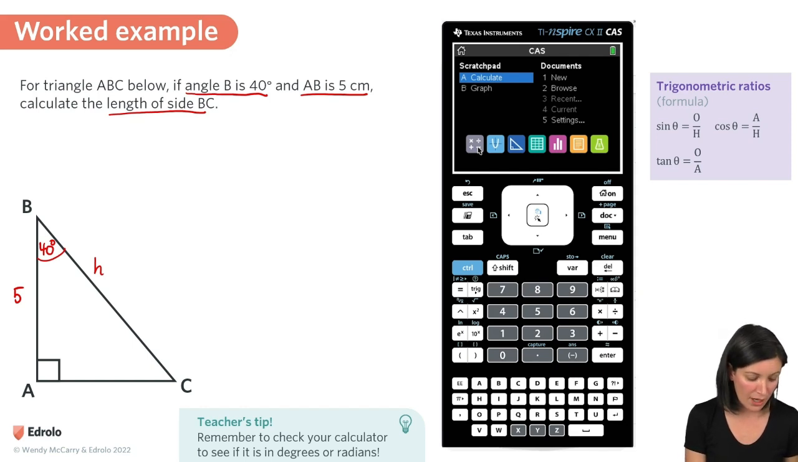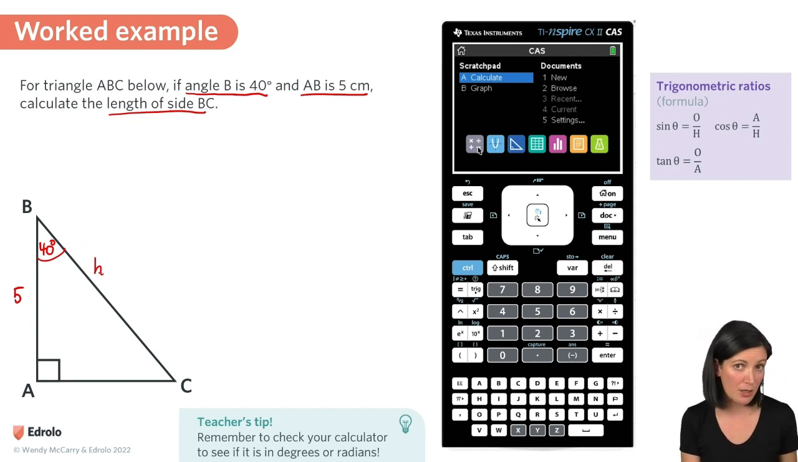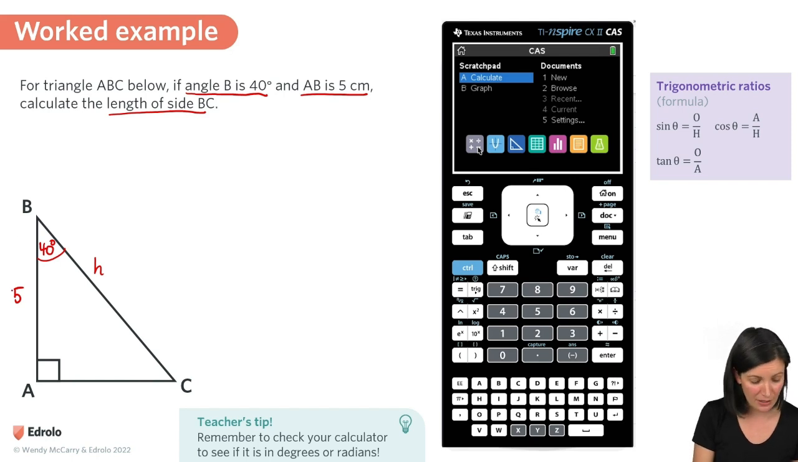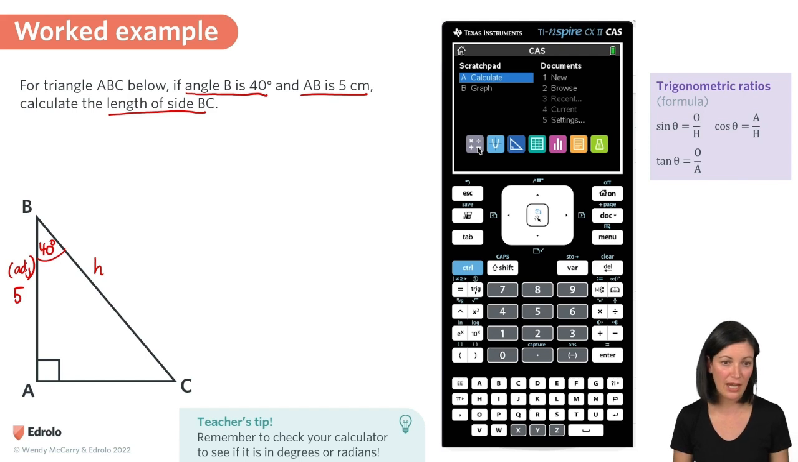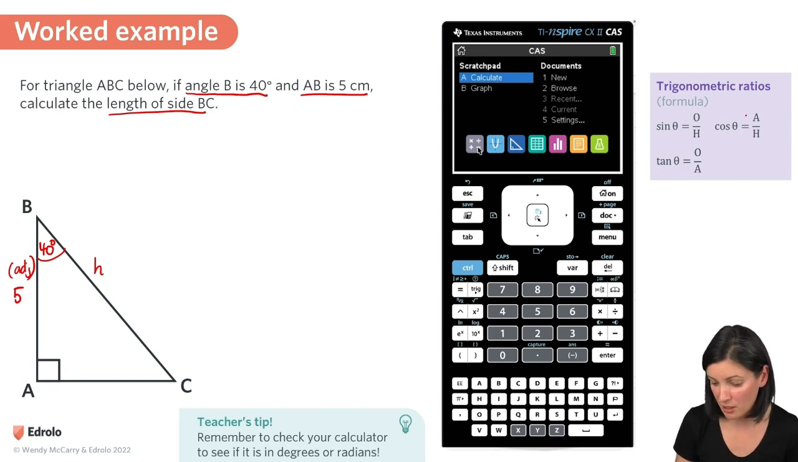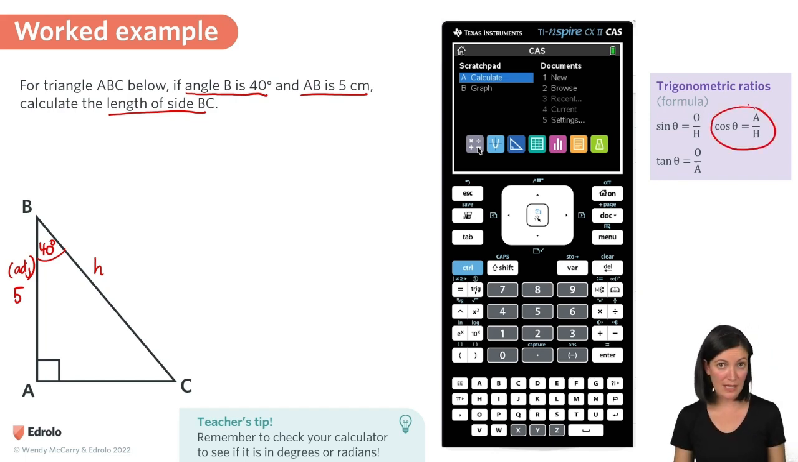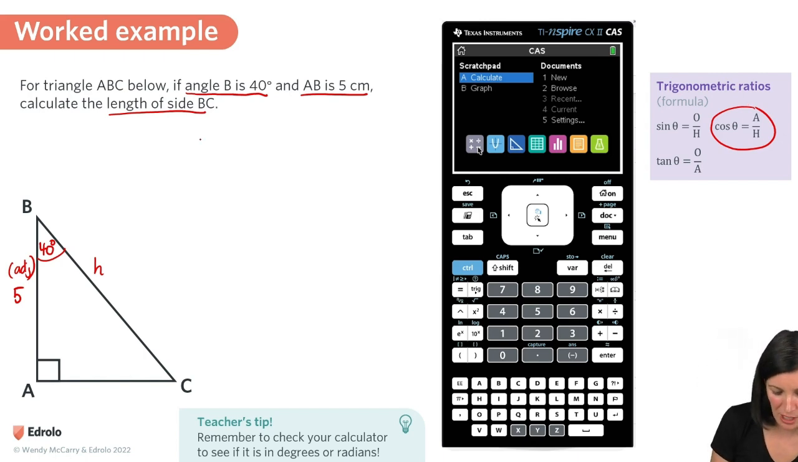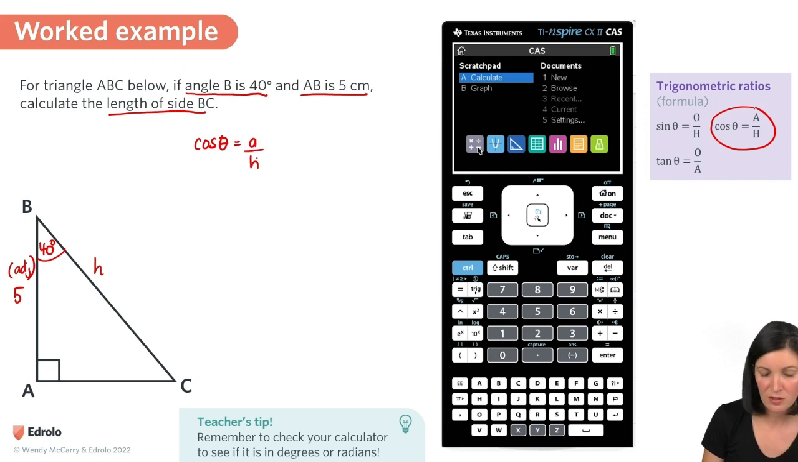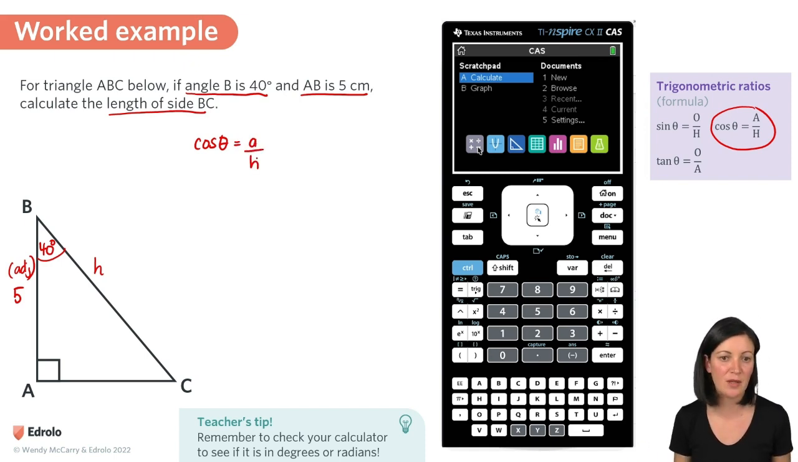Okay? So what I've got here is I need to find out the hypotenuse, and I've been given this side here, which is the adjacent side. So I want to use the trig ratio that involves the adjacent side and the hypotenuse. And if I look at my ratios over here, that's cosine. I'm always going to start my working out by just writing down the formula. So the cos of theta is equal to a over h, and then I'm going to fill in the things